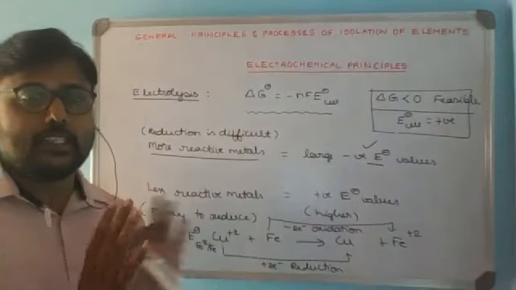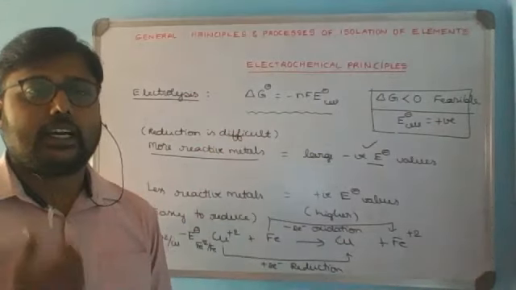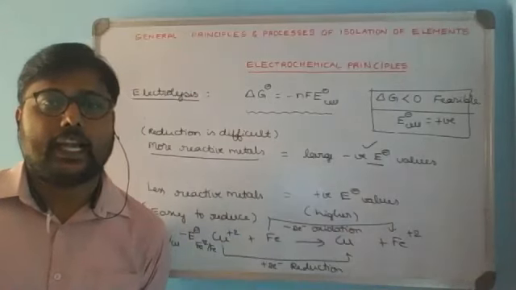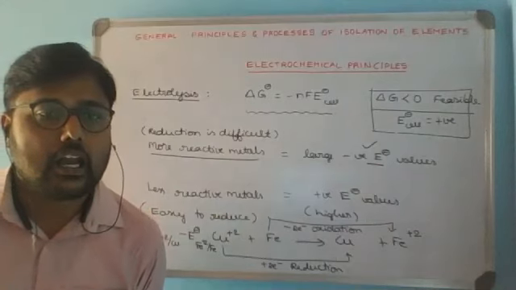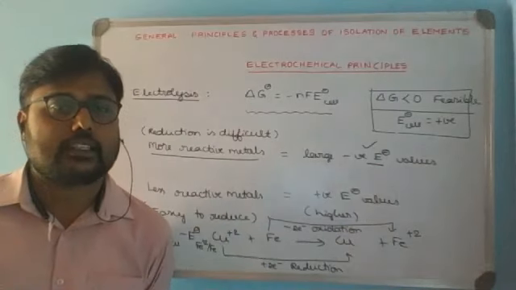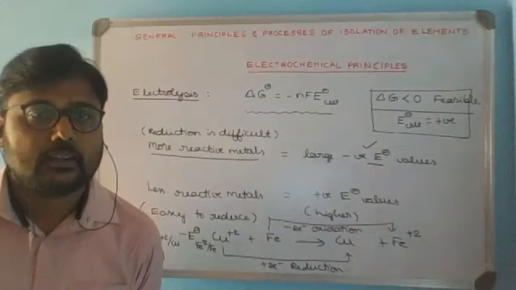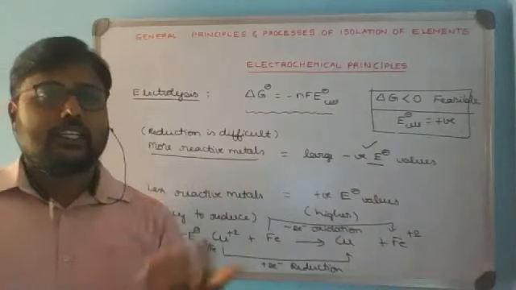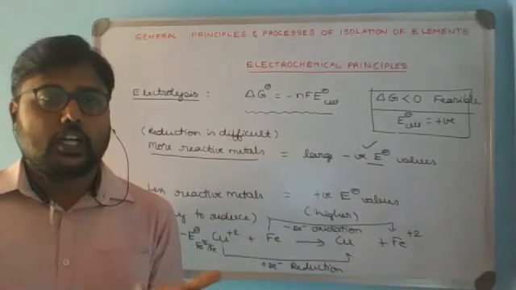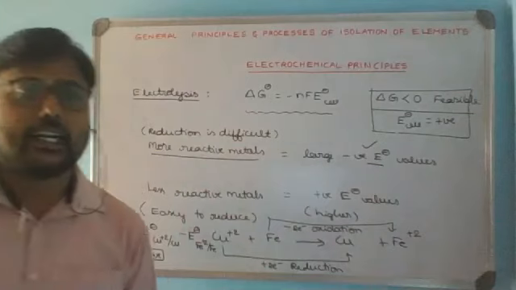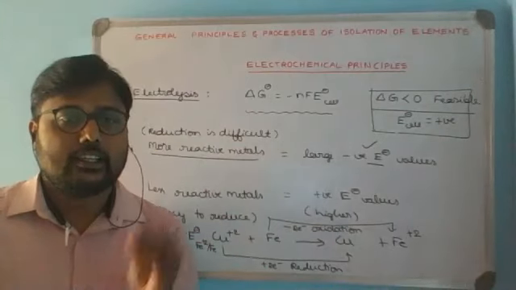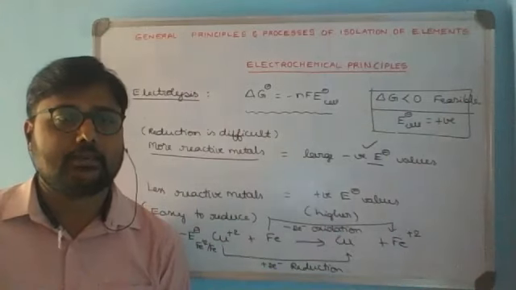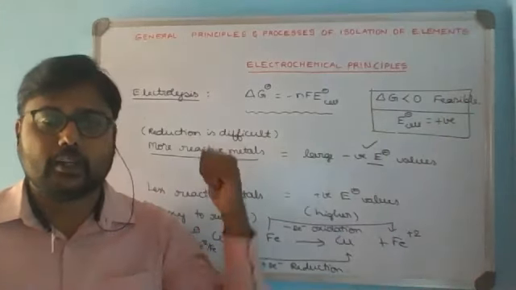Now by knowing this basic information, I will try to move to the main example under our syllabus. It is extraction of aluminium by electrochemical method, that is the Hall-Héroult process, the process used for extraction of aluminium. Here one more point you can remember. Generally, to increase the conductivity of the melt, that is the molten mass or the solution, some additional substances like flux will be added. Flux-like chemical substances will generally be added during electrolysis.